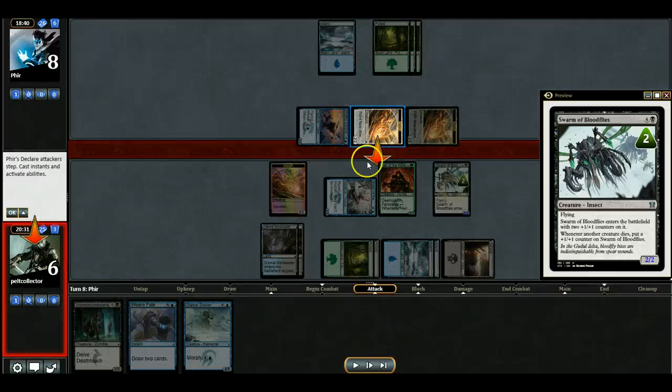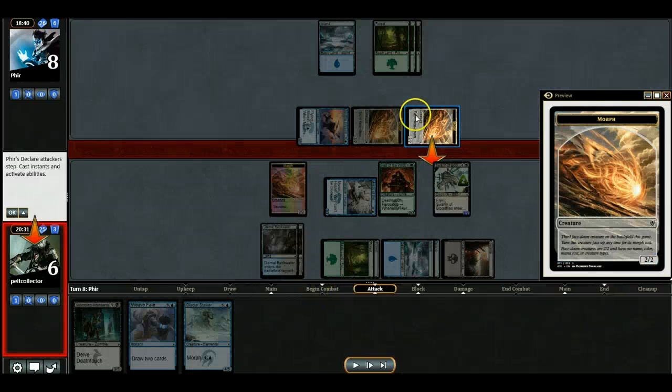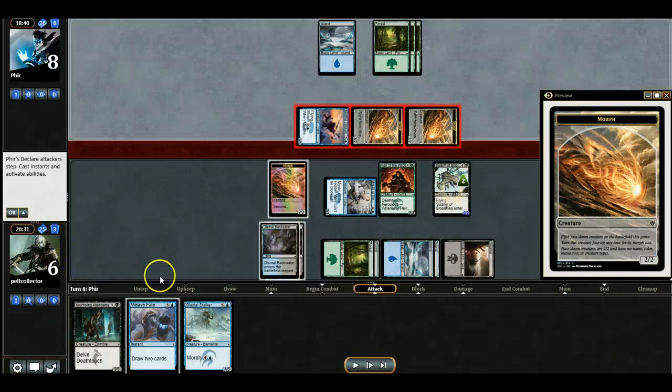So if I leave, now I have to block something because if I don't, I'm dead, right? He has 3, 2, and 2. He's going to do 7 damage to me as it is. And I only have 6 life. So I got to block something. But maybe I just block one thing, take 5 damage instead of 7. I still have 1 life left, and then I can swing back at him with all of my guys